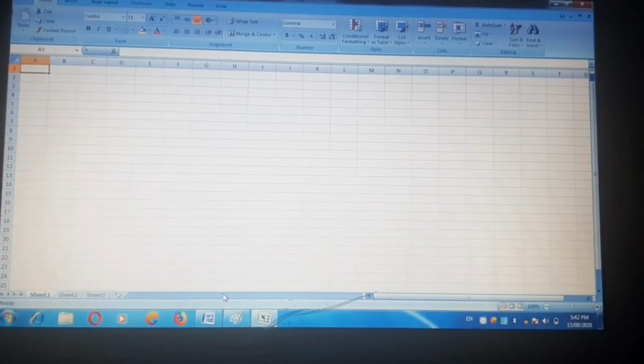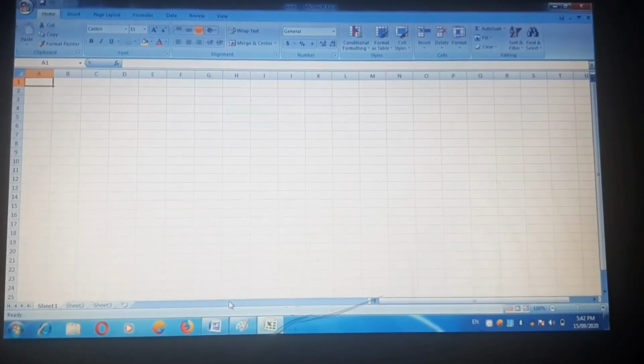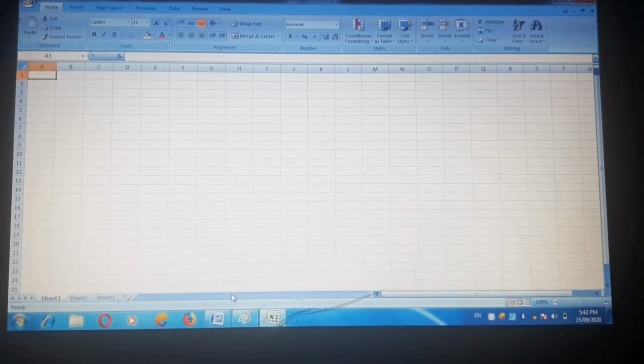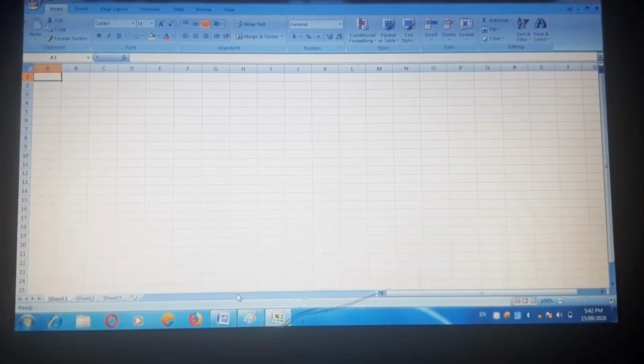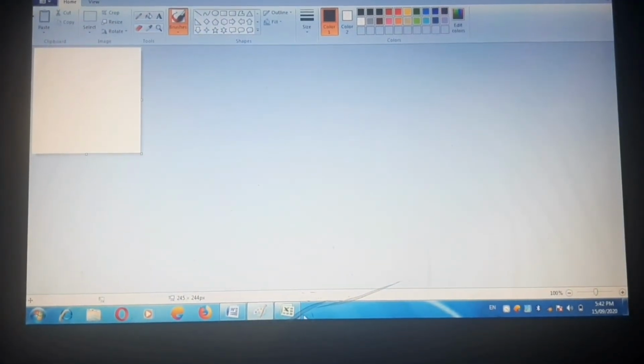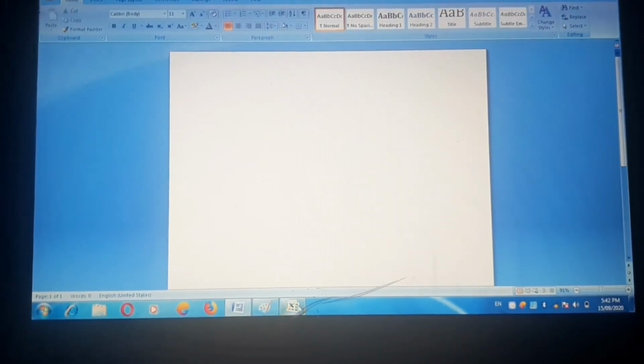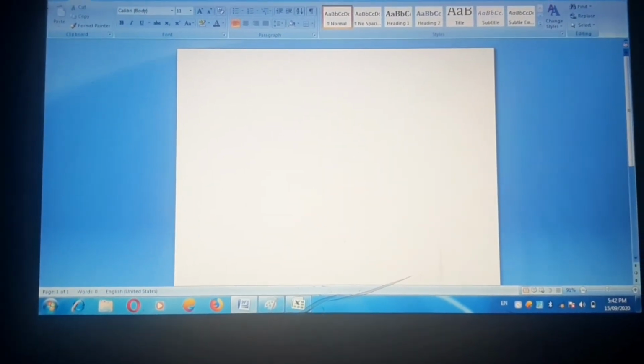Now the third and last trick can also help you in saving time. When you are working on the main work of your computer or laptop, you might have a problem going between windows, like going to Paint, Excel, or MS Word. You can just go through the tab option.